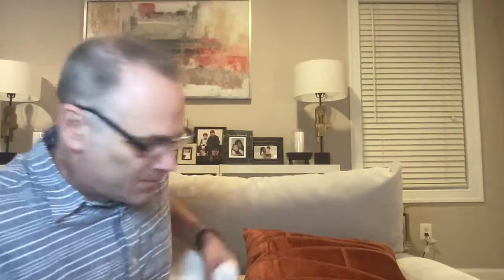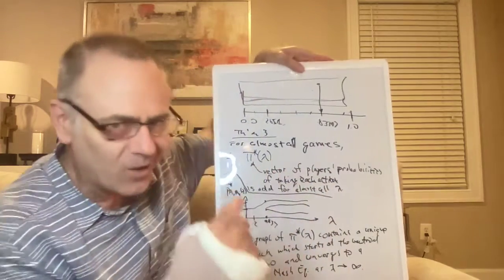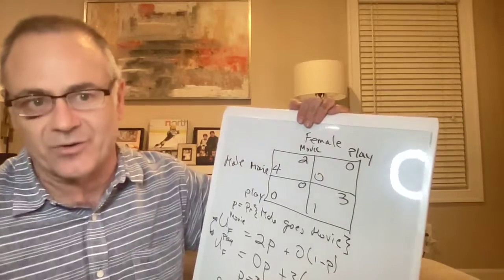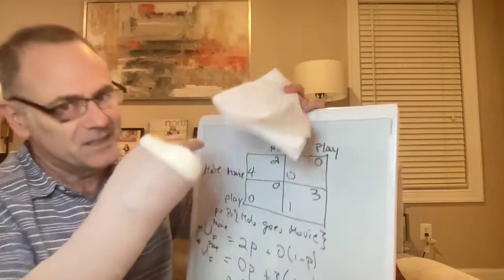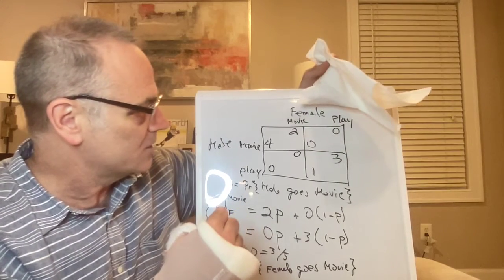One little final point. So now, if you recall, theorem 3 says it is for almost all games. Okay, not all games, but almost all games. And this is speculation, but I'm pretty sure I'm right. What would be a case where it would not be true? Okay, so the set of zero measure cases where it would not be true. Well, I think the answer would be